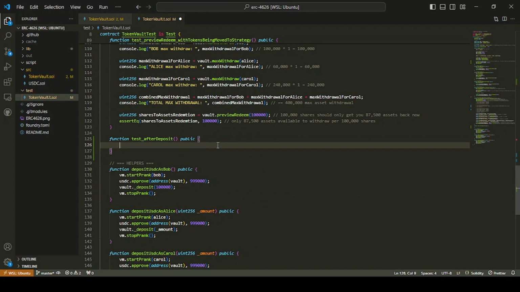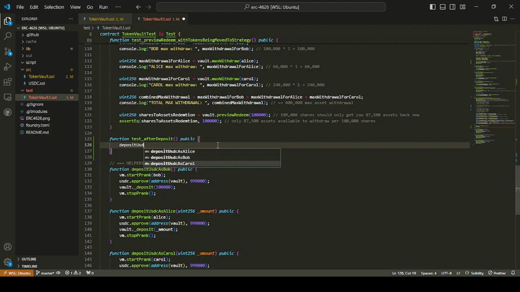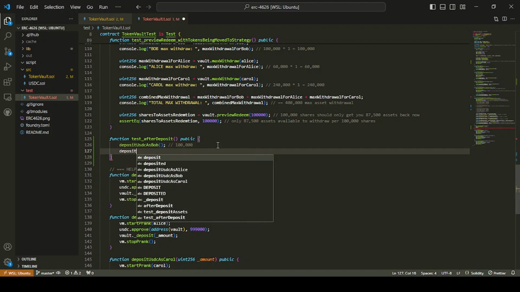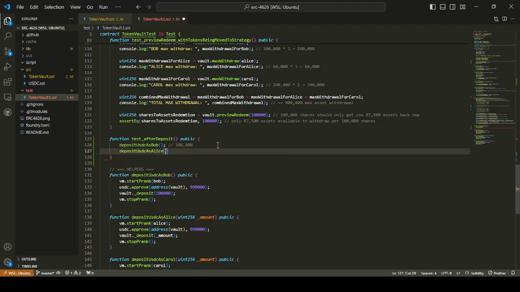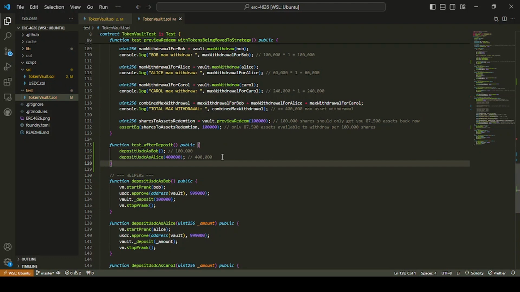So what we're going to do is deposit USDC as Bob, that's 100,000. Then we deposit USDC as Alice, and we'll do 400,000. Okay. And now what we're going to do is